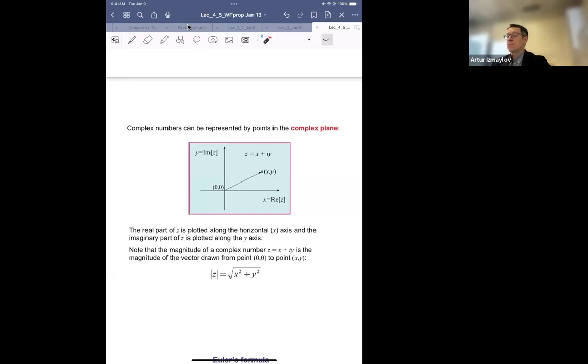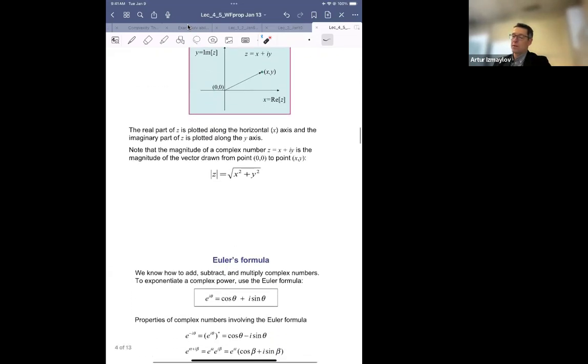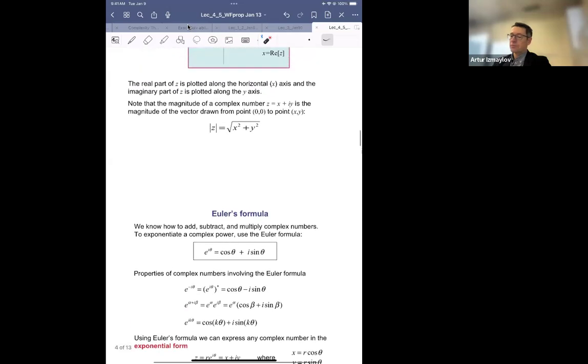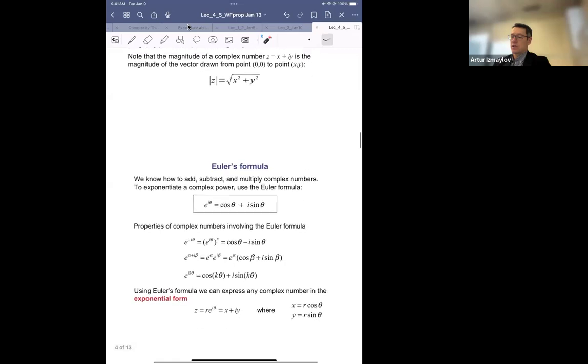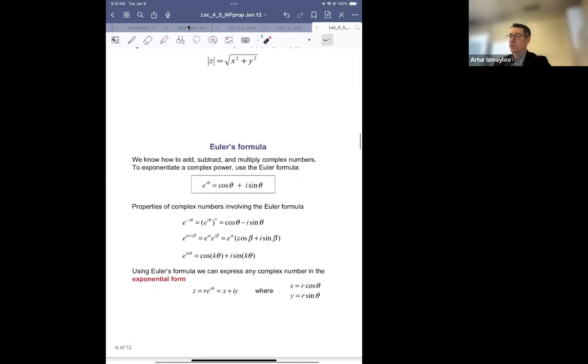in this 2D plane. Okay, so that's one reason why we cannot say which complex number is bigger and which one is smaller. There is no order of complex numbers, simply because they are like points in 2D space. How do you compare points in 2D space? There is no comparison, right? But then there is another representation that is related to the polar coordinate system, and it